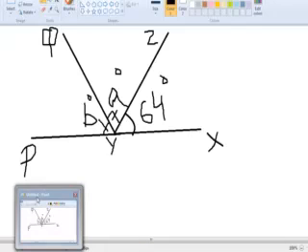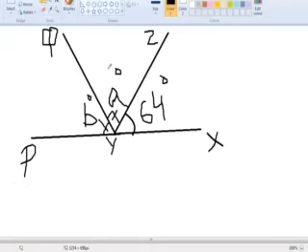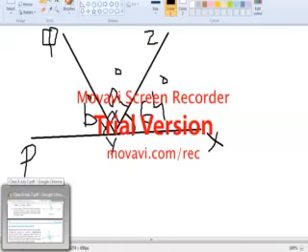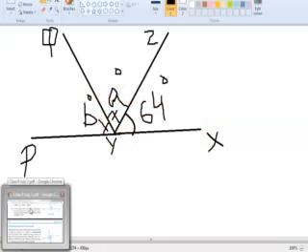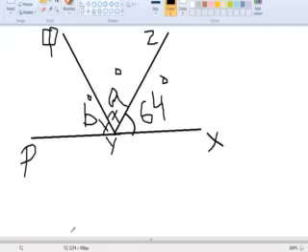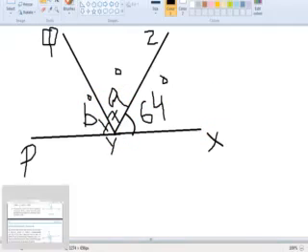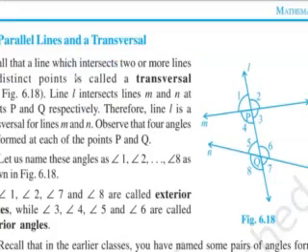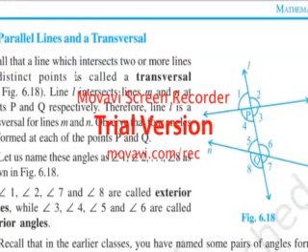Okay, this figure I have drawn will be only in the video, not in the PDF. So those who want to, you can draw the figure by watching, and you can also draw it by yourself by reading the question. Again I am moving towards the PDF. Okay, now you can see page number 98, parallel lines and transversal line.